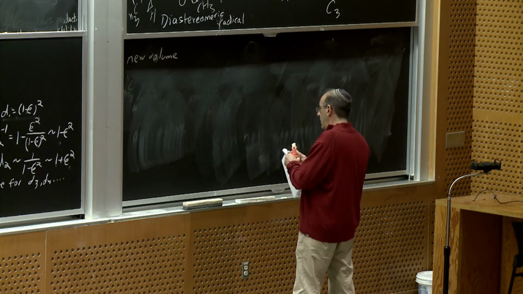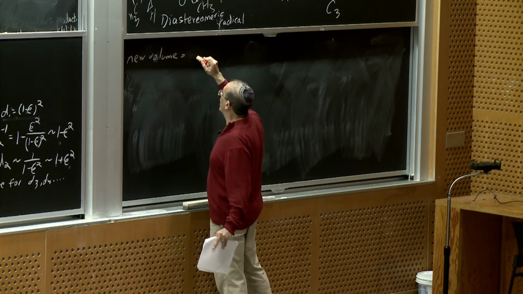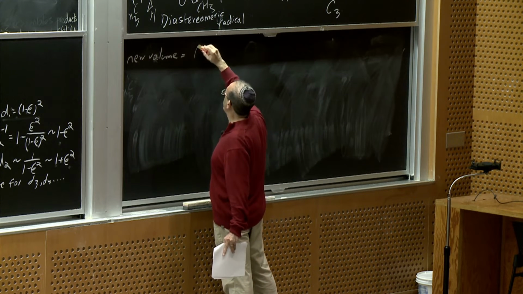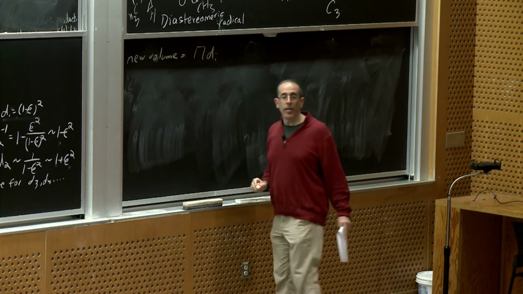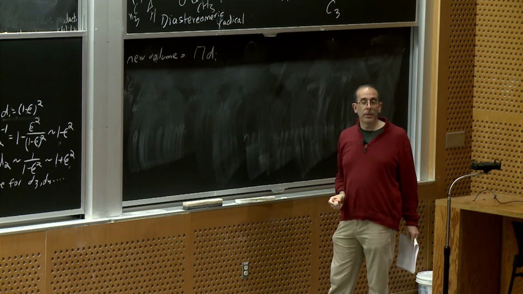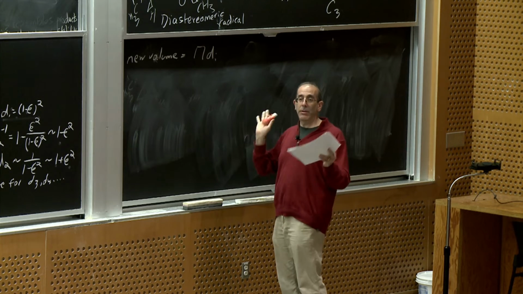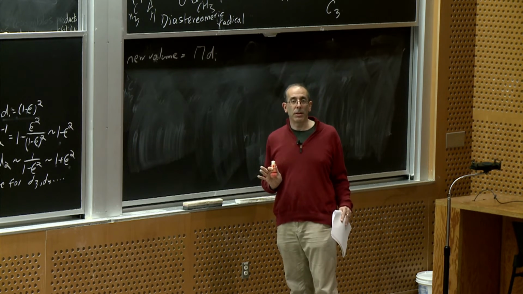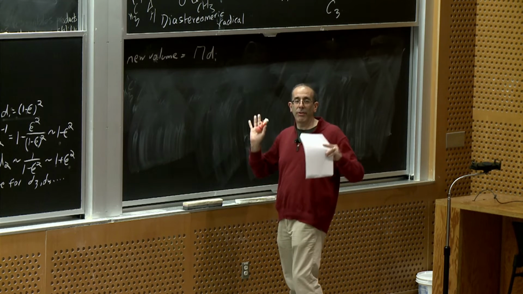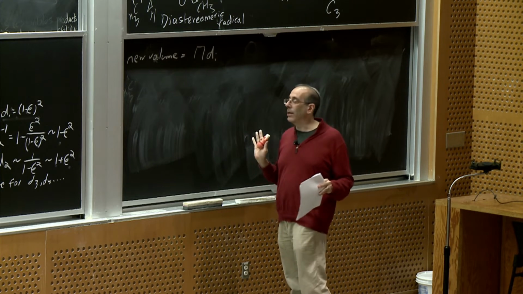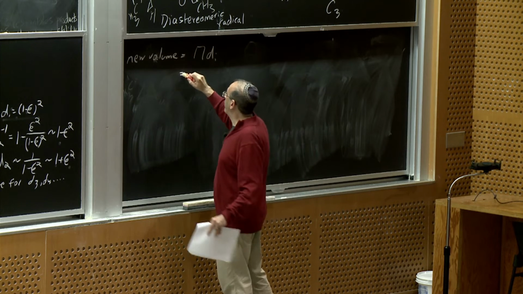So the new volume is just equal to the product of the di's. We shrink in direction 1 by (1 minus epsilon) all squared. That decreases the volume by (1 minus epsilon) all squared. We grow in the other directions. That grows the volume by their corresponding amounts. So this is equal to